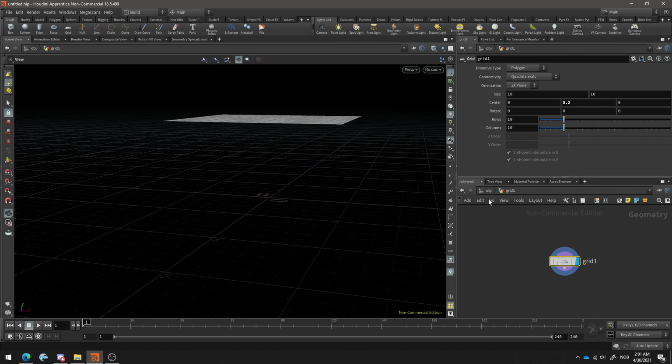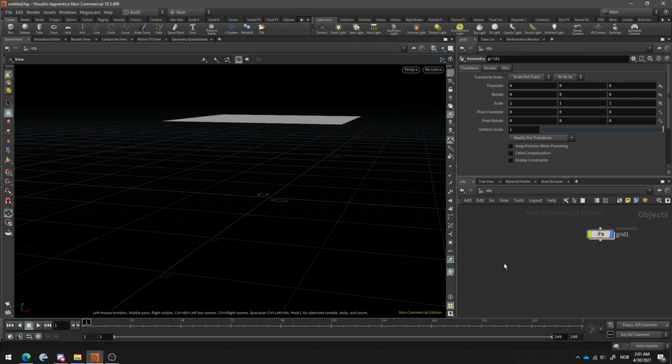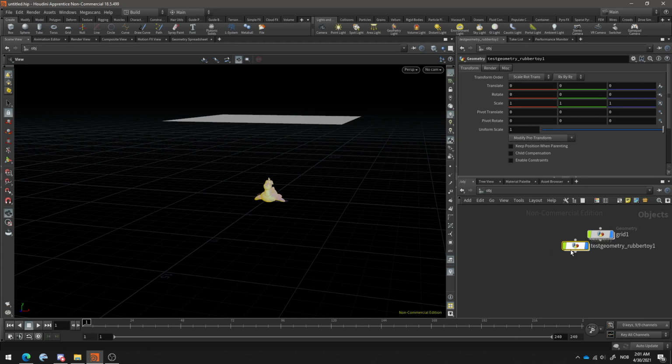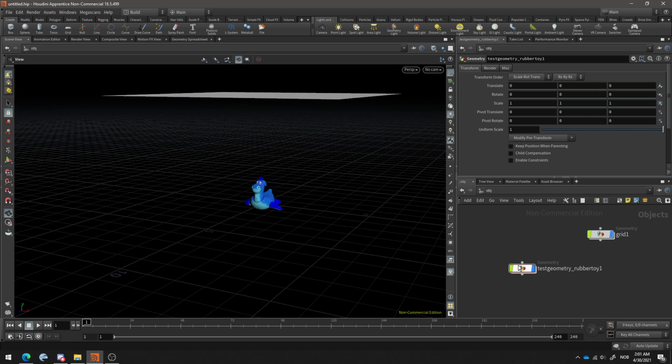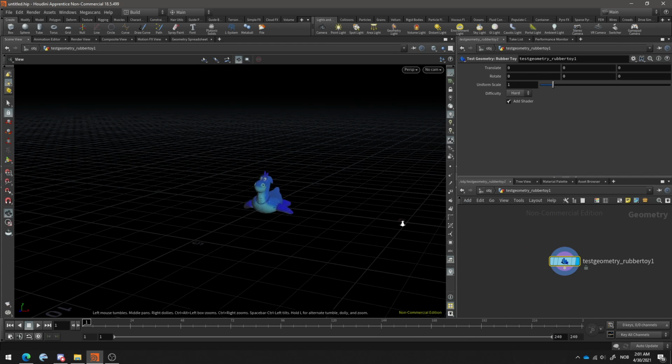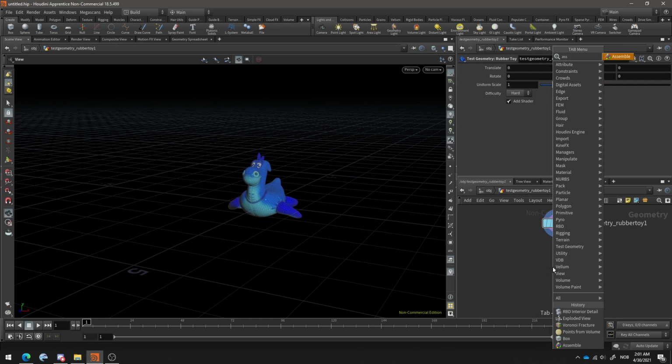Here's why. Let's say we have a kind of heavy geometry like the test geometry vertical. You can actually test it for yourself, by the way. This thing here has 12,000 points. And if we use the assemble node,